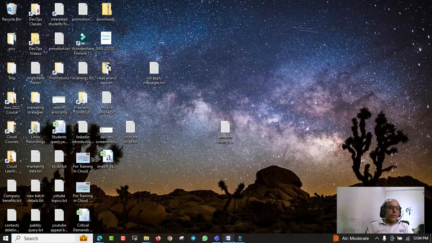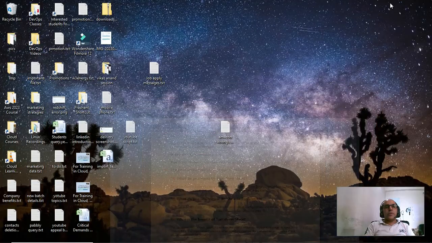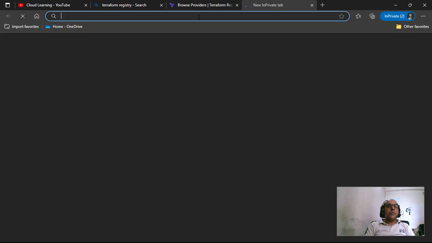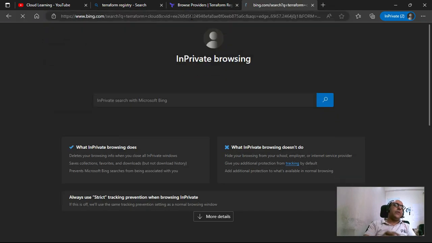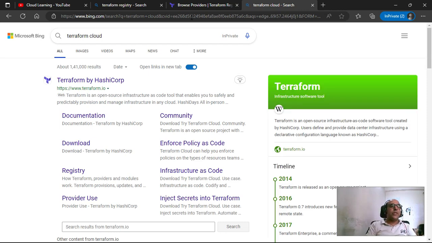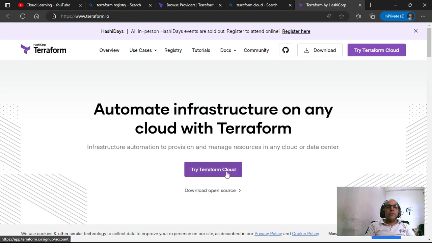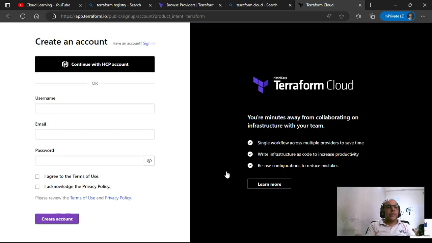Now coming to the point, where were we? Terraform Cloud. Okay, so I was talking about Terraform Cloud, how it looks. It is something like this. This is just a GUI interface. You do the things via command line, right? By this, you do the things graphically. You plan the things, you automate the things, all other things, right? You can do that. It is really very handy.